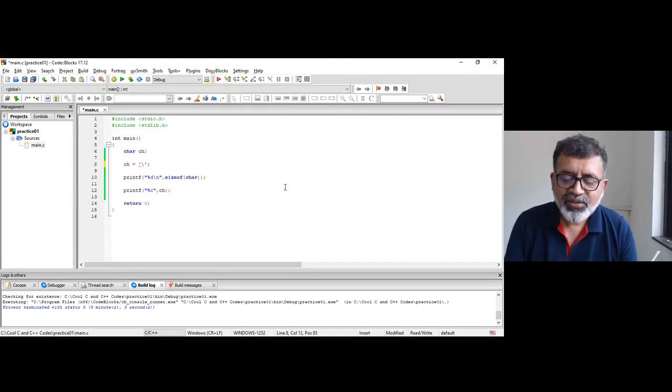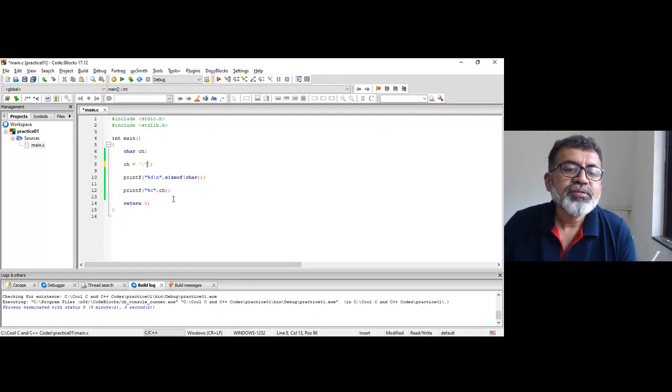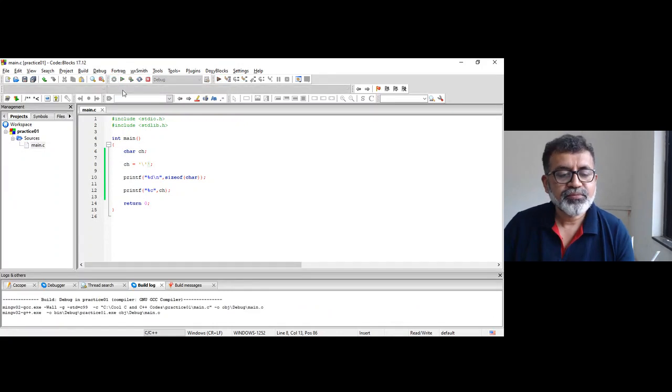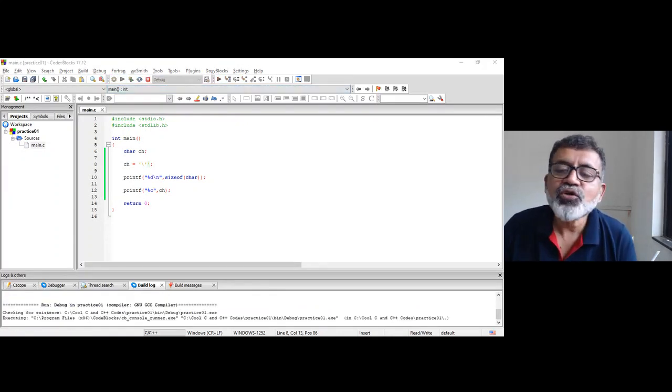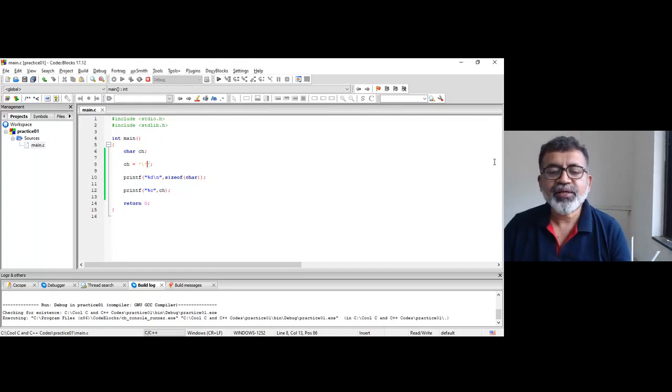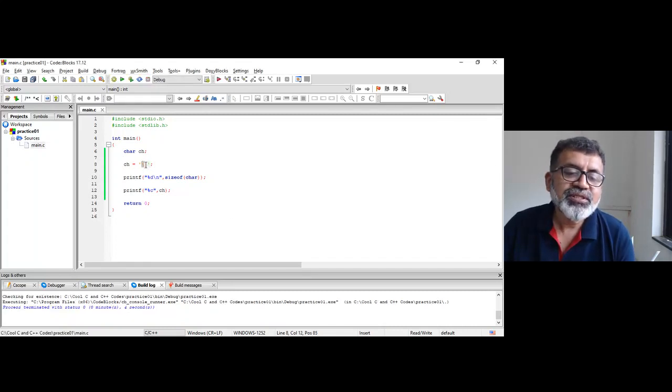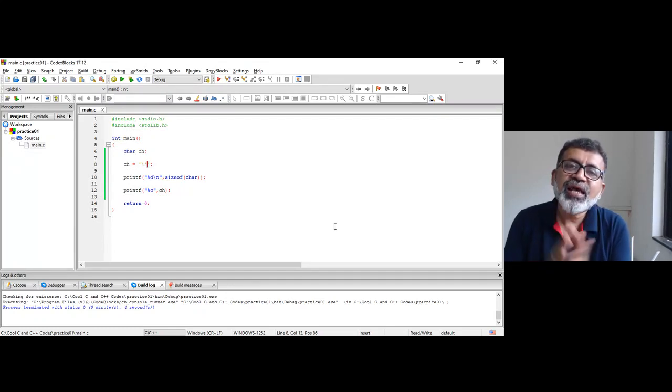It can be done using the slash character. If I write like this, then you can print it. The single quote is printed. Whatever you want to print, use the slash character.